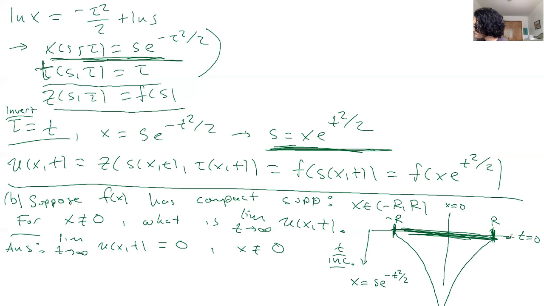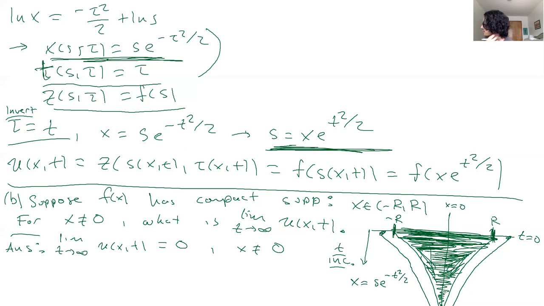And so all the region that's 0 is going to invade this region in the middle that is non-zero, and eventually this region of support is going to shrink down to nothing. Over time, it's going to vanish into the point x equals 0. Now, to give a little more justification of that by hand,